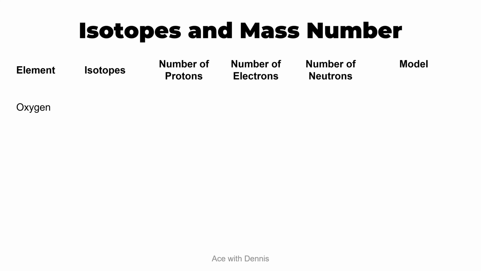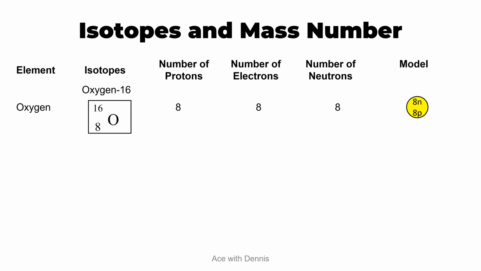Next element is oxygen. The first isotope is oxygen-16, where we can see that the mass number is 16 and the atomic number is 8, which means the number of protons is 8, the number of electrons is 8, and the number of neutrons is 8. So to draw the model, this isotope has 8 neutrons and 8 protons in the nucleus, and it is orbited